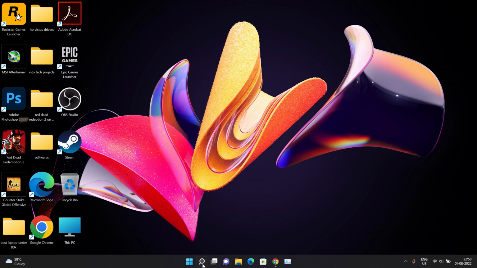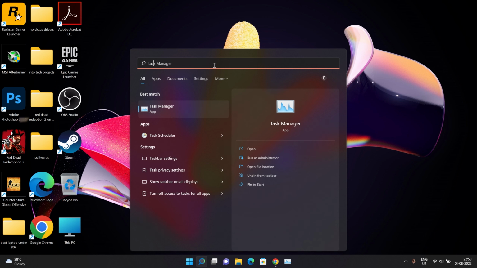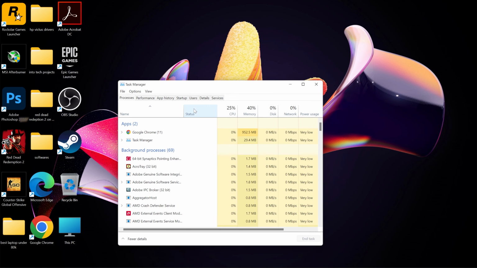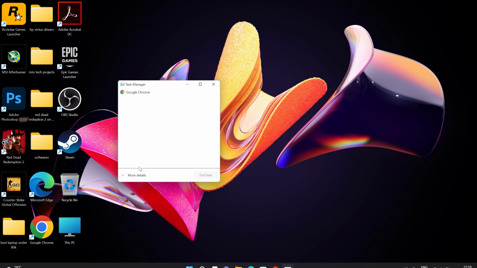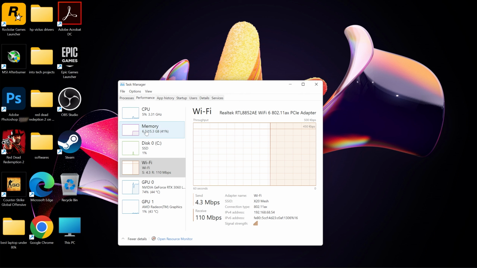But before that, just click search, and here in search, type task manager. Simply go to task manager. You won't be prompted with task manager like this. I think it is going to be a little bit of a shorter version of it. Yeah, it is going to show you like this. So you will need to click more details, and you will be seeing all the programs that are running right now, all the apps. You will need to go to performance, and here in the performance tab, just right click